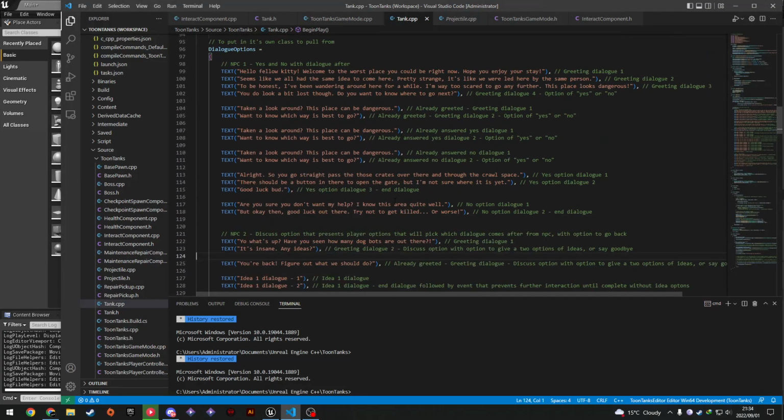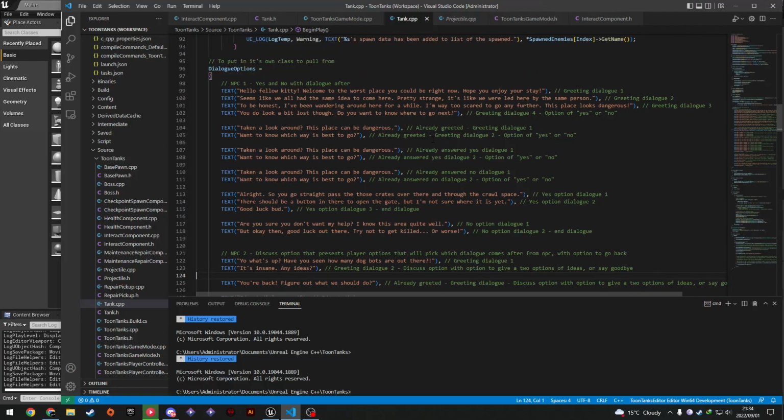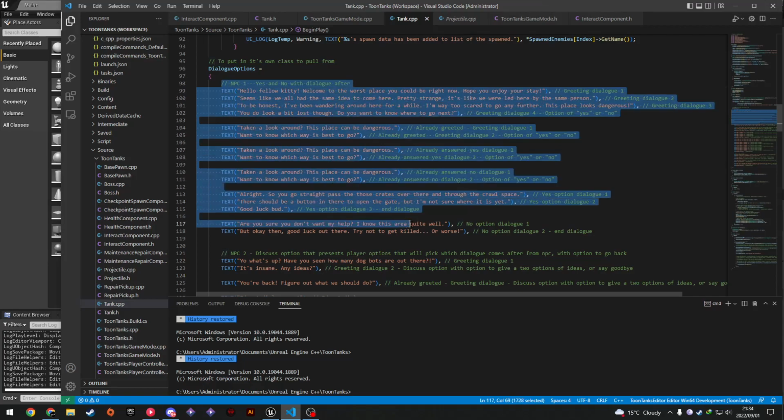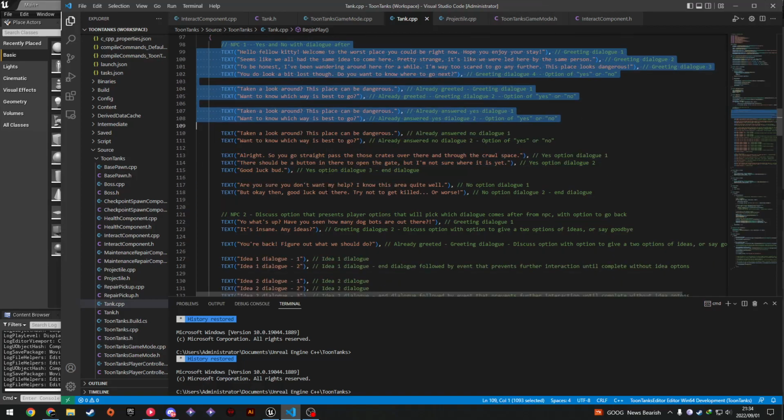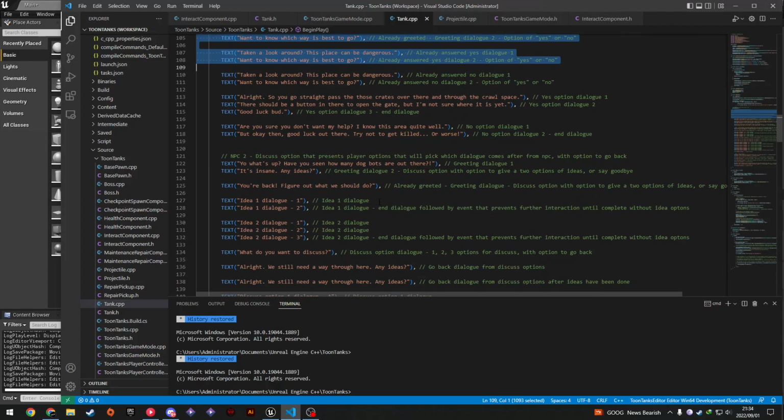So that's the yes and no feature. Depending on if you say yes or no, this dialogue tree over here will determine what you say next. So that's basically how that works. Now for discuss